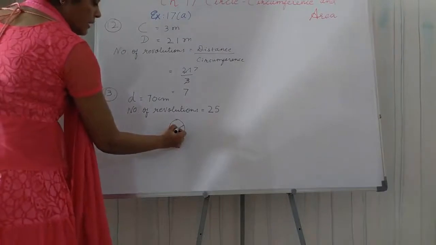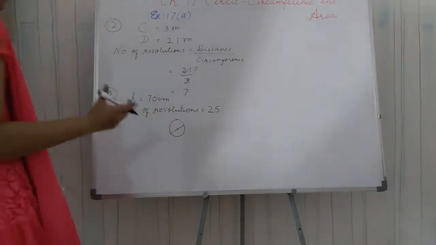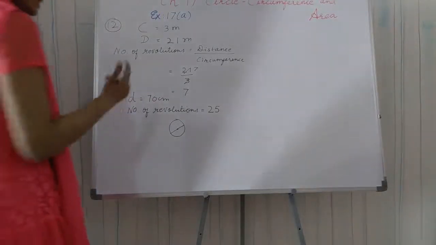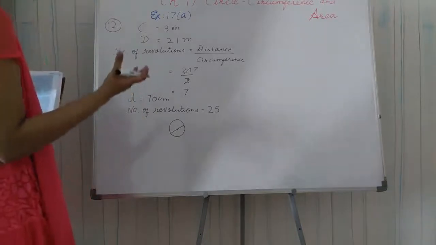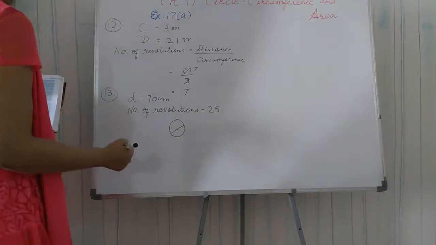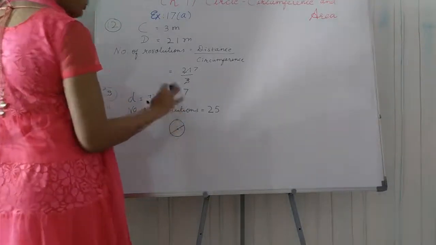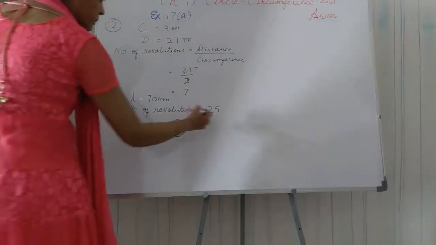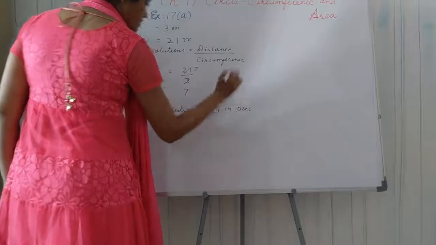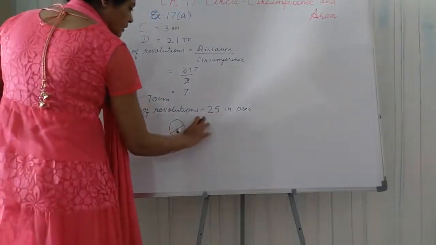So first we have to find its circumference, and the number of revolutions we all know, so we can find the distance also, and then accordingly we find the speed also. So first of all I change this centimeter to kilometer. That will be more convenient, or either we'll take it last because the time is also given in seconds, 10 seconds, right? So now I write here circumference, that is C.